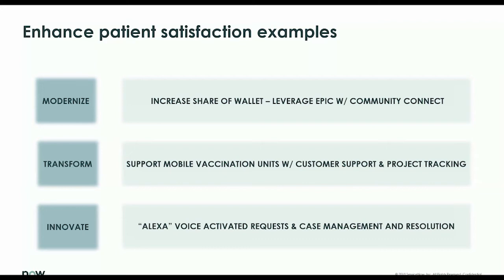So with that, I think Jeremy, I don't know if you have anything on the patient experience, or John, if you want to talk about anything, but